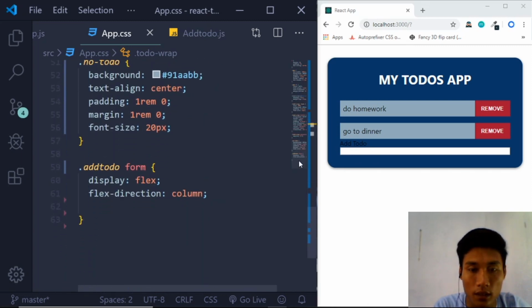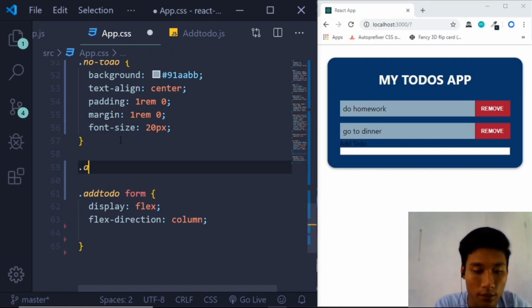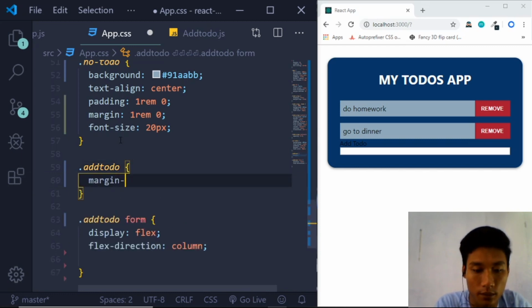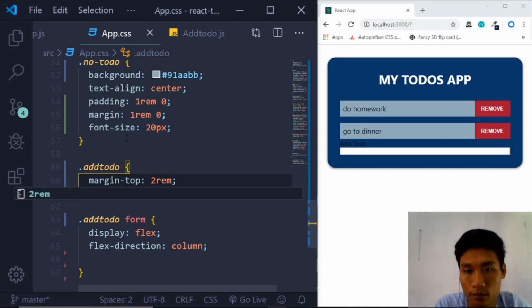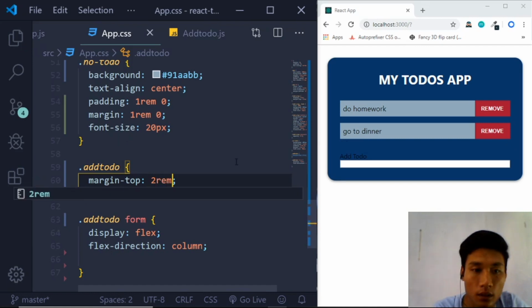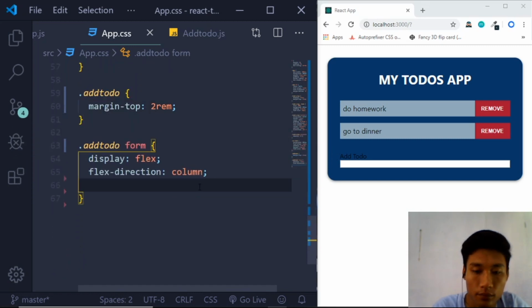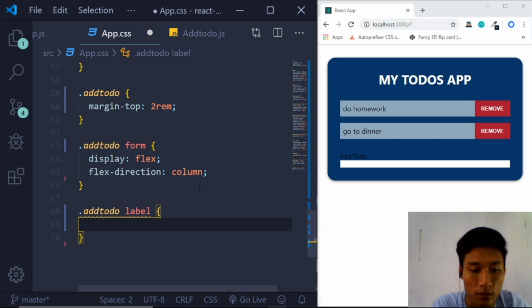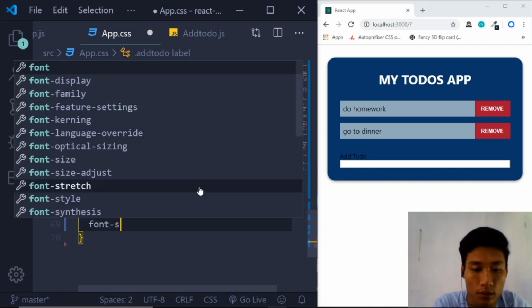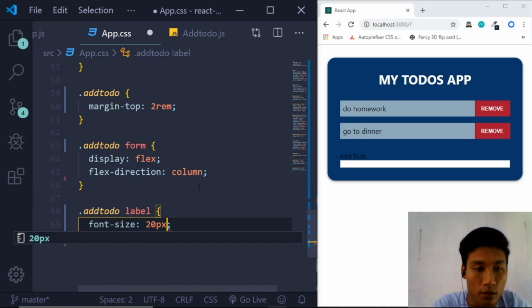Cool. Now let's add todo right here. Add the class and create a margin top to maybe 2 rem. Yeah, let's style the label. So it's going to be add-todo label, and the font size 20 pixel maybe,